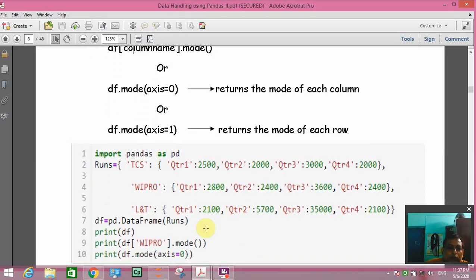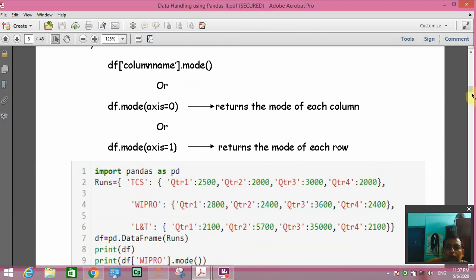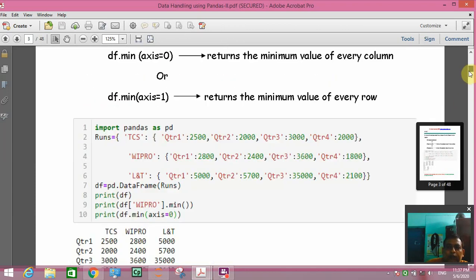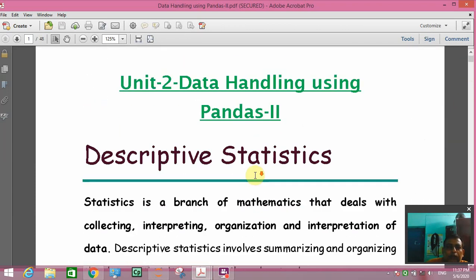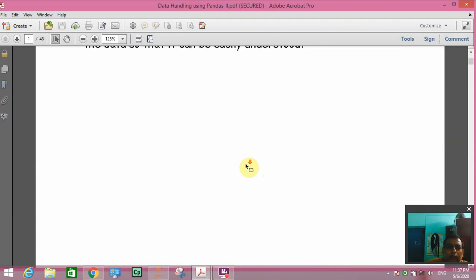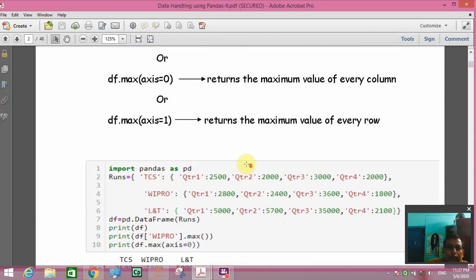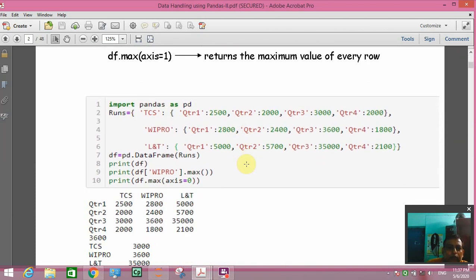And one more thing I told you, how to see the maximum of all the columns. For that you have to write like this, df dot max.